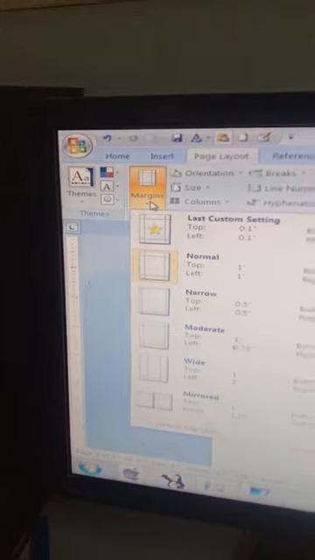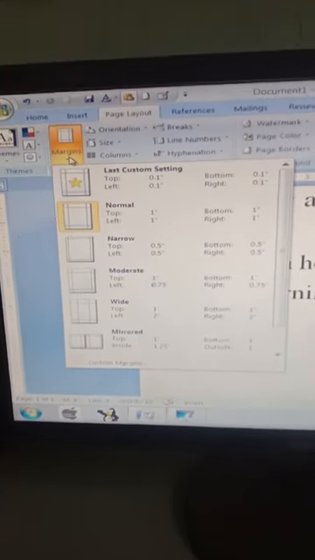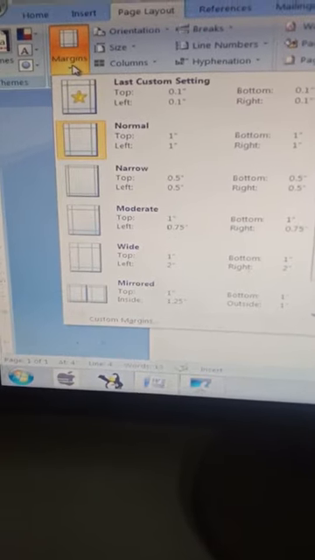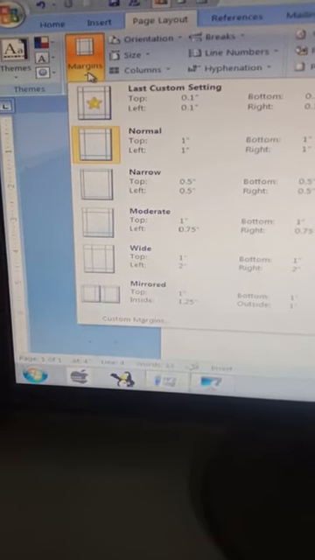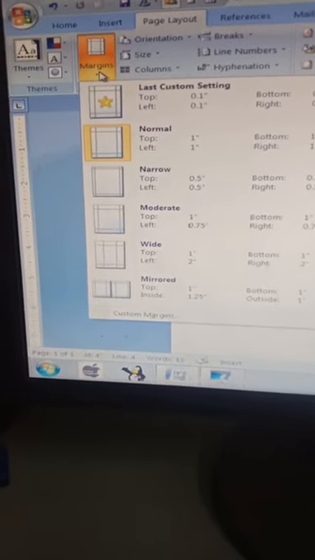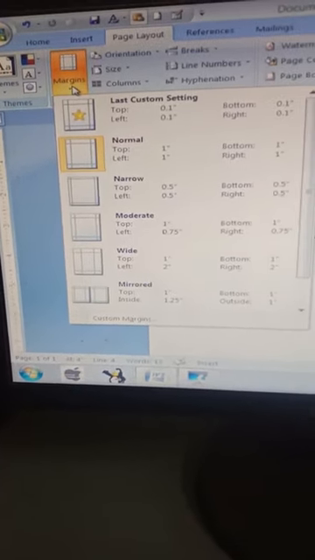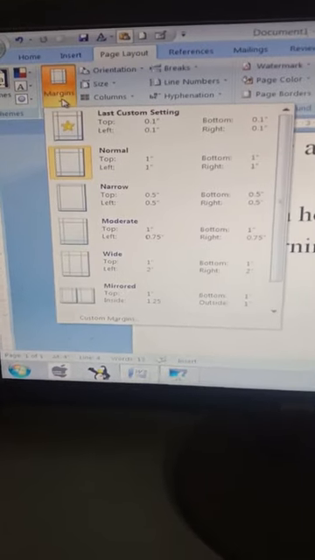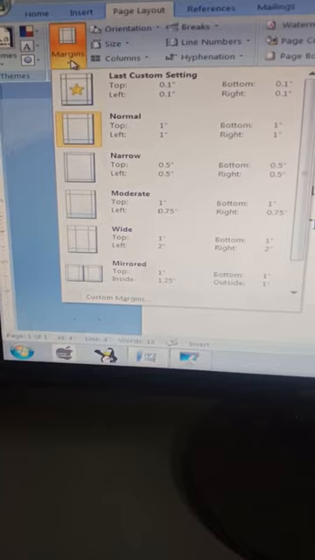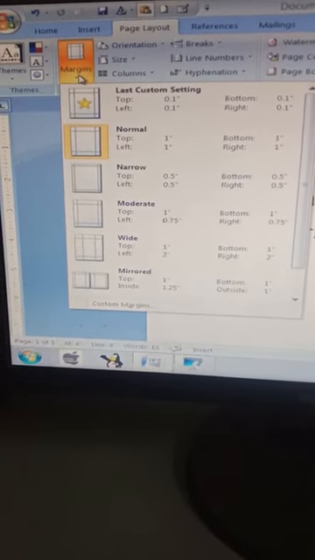As soon as you left click over here, the different types of margin appear, like last custom setting, normal, narrow, moderate, wide, mirrored. These are the different types of margins, and in each margin we have 4 different options like top, bottom, left, right.